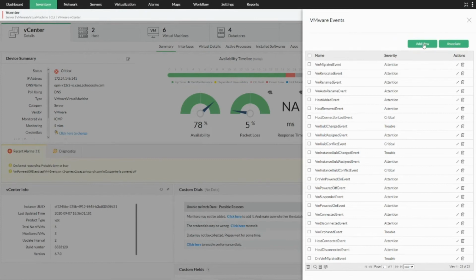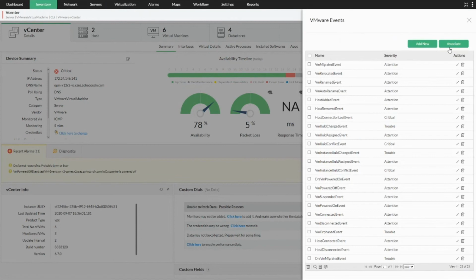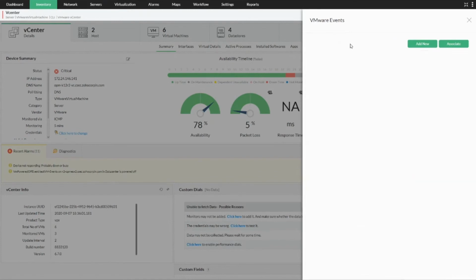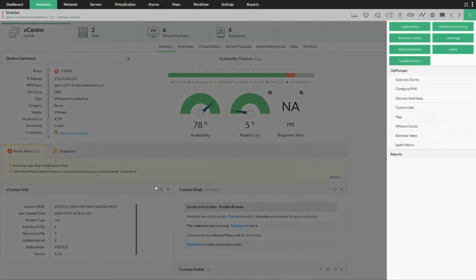You can click on add new and see the event which is happening live and get the info, or you can associate the pre-existing ones, or you can delete the ones which are not critical for you, or you can change the severity of the respective event which you want to monitor and then take it forward accordingly. And this is how you can monitor the VMware events on your vCenter for the virtual environment and get notified accordingly.